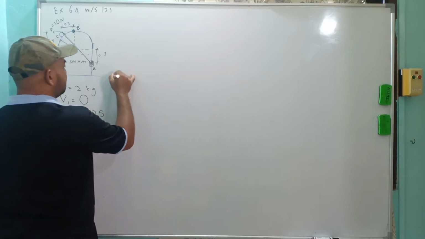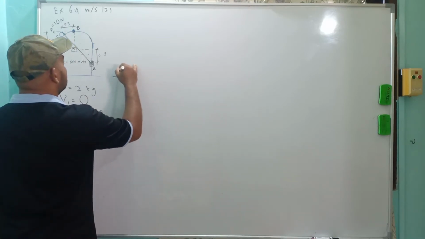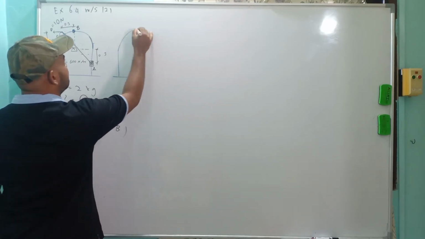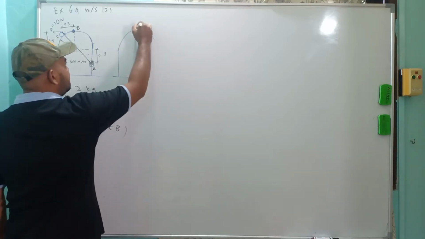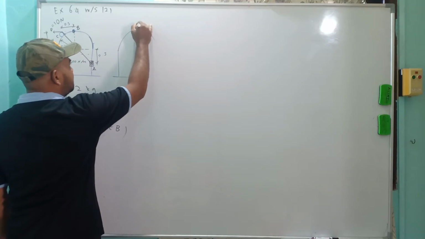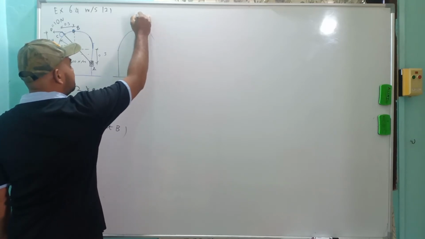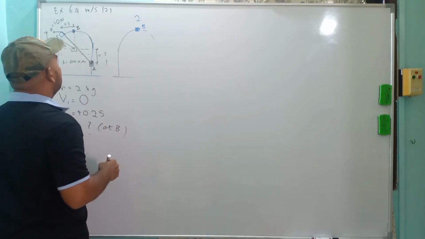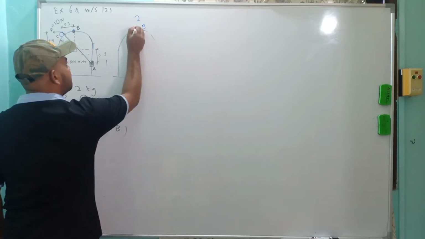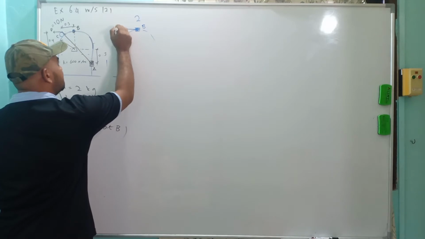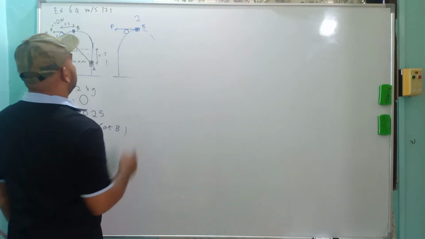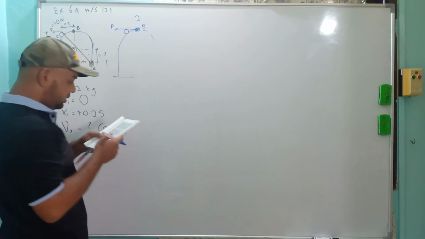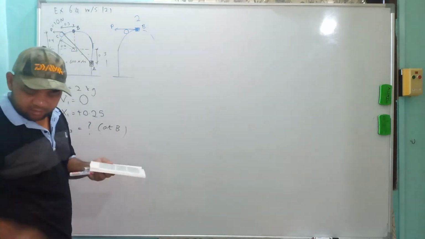At B, so this one, right in the middle, here is the collar. So this is position 2 where the collar is here at B. This is position 2, this is position 1. So what happened here is this is the P and the roller is here. Okay, extend spring. Oh, I forgot the spring.